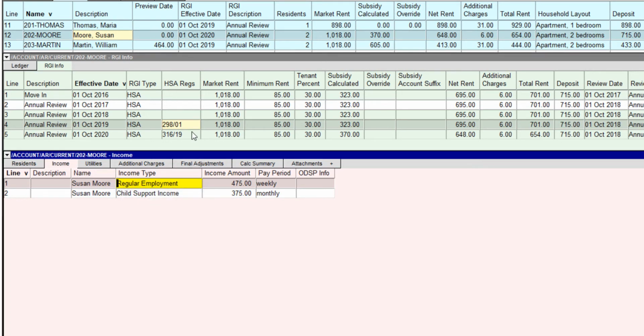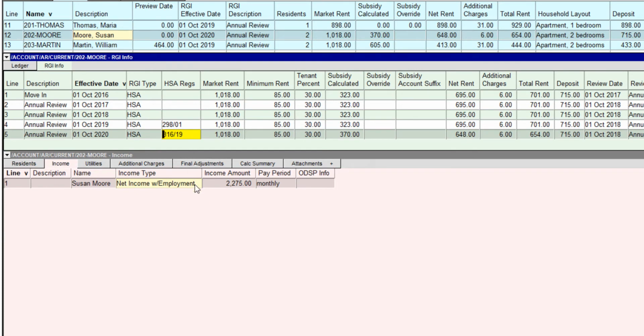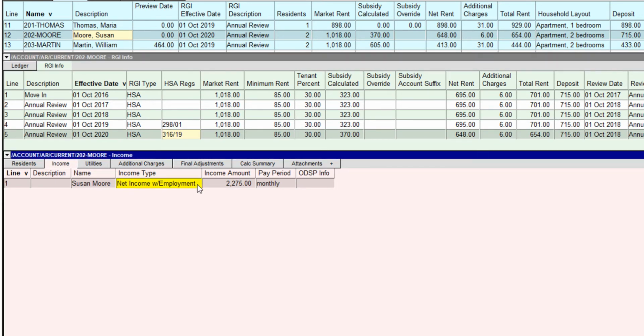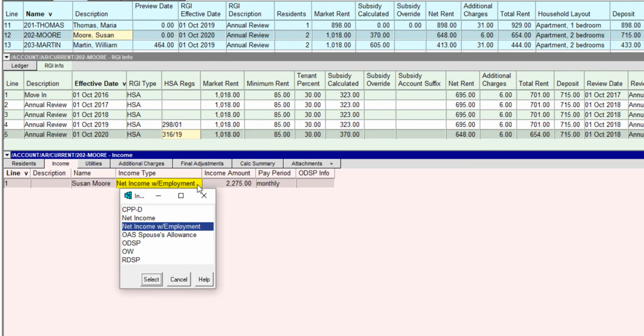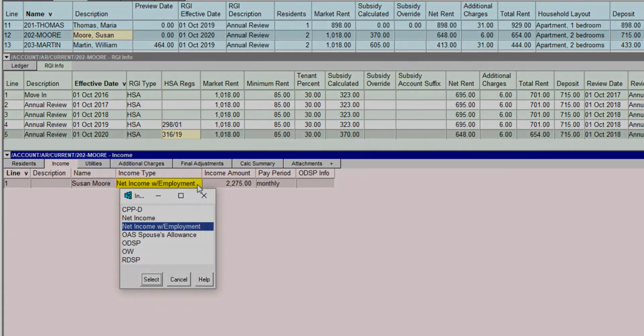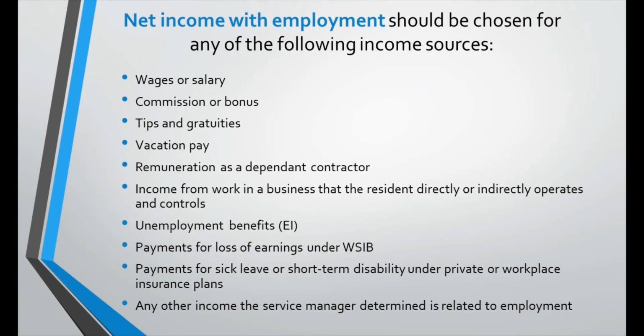When RGI is calculated using Regulation 316, these are the income options. Net income with employment should be chosen for any of the following income sources: wages or salary, commission or bonus, tips and gratuities, vacation pay, remuneration as a dependent contractor, income from work in a business that the member directly or indirectly operates and controls, unemployment benefits under the Employment Insurance Act, or EI,